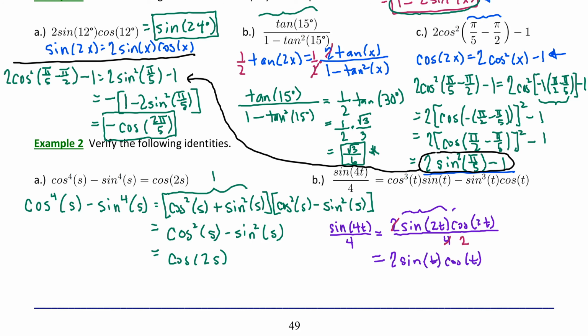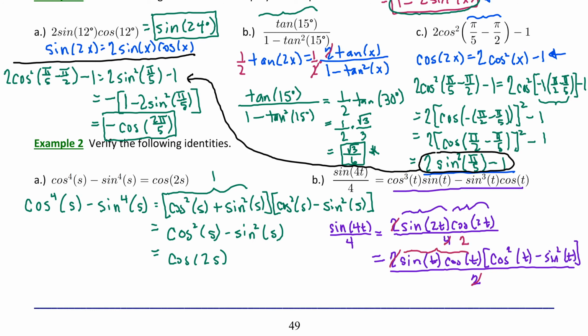Now, as far as cosine of 2t, we have 3 different choices, but notice if we use the first formula for the double angle identity, we'll be able to generate this right side. So I'm going to rewrite that cosine of 2t as cosine squared of t minus sine squared of t. And don't forget, this was all divided by 2, but not for long. These 2's will definitely cancel. Now we can use the distributive property and take this term and distribute it to the 2 terms of our bracketed element, and that's going to verify our